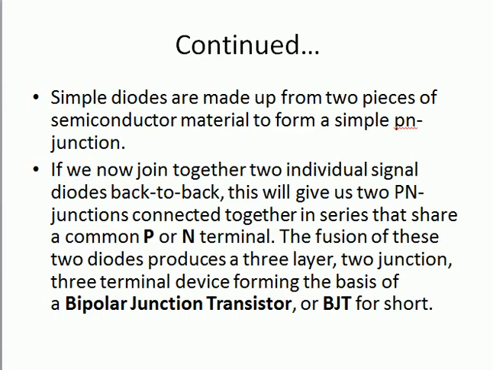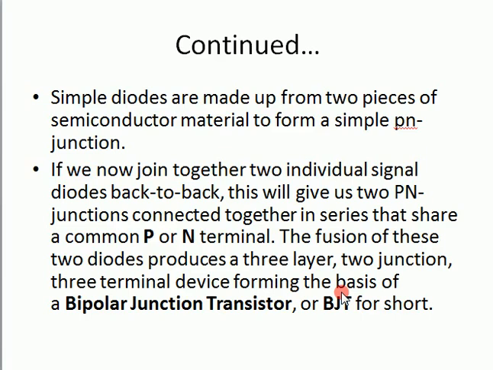So if we join together two individual diodes back to back, this will give us two p-n junctions connected together in series that share a common p or n terminal. Common p means positive, meaning anode, both are anodes, and common n terminal means both terminals are cathode terminals. The fusion of these two diodes produces a three-layer, two-junction, three-terminal device that is known as the bipolar junction transistor